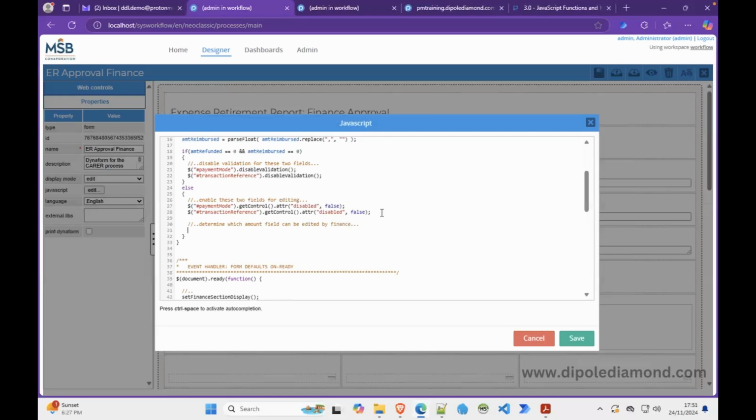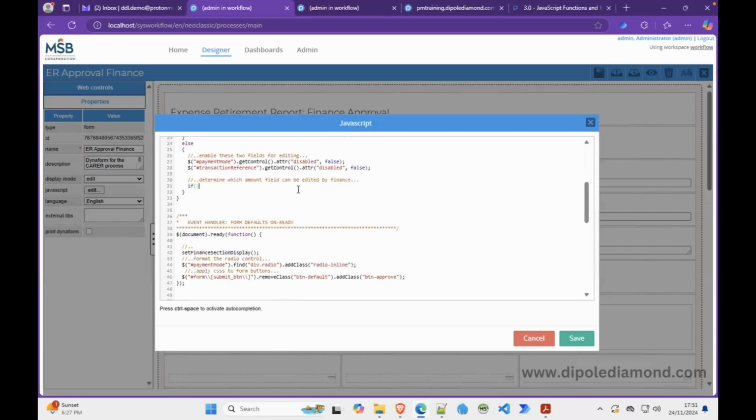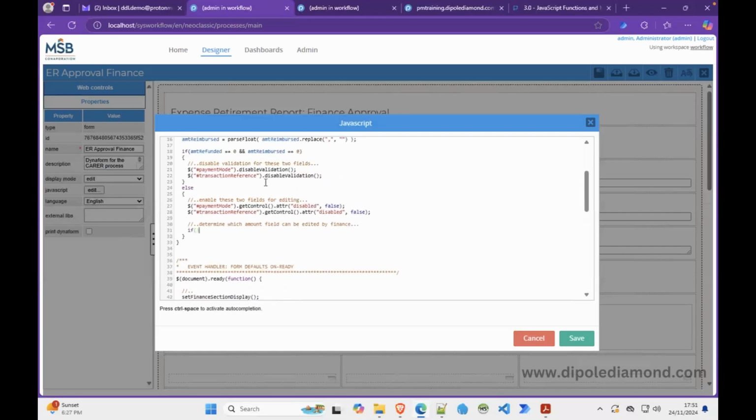And here we say, if amount refunded is not equal to 0, then